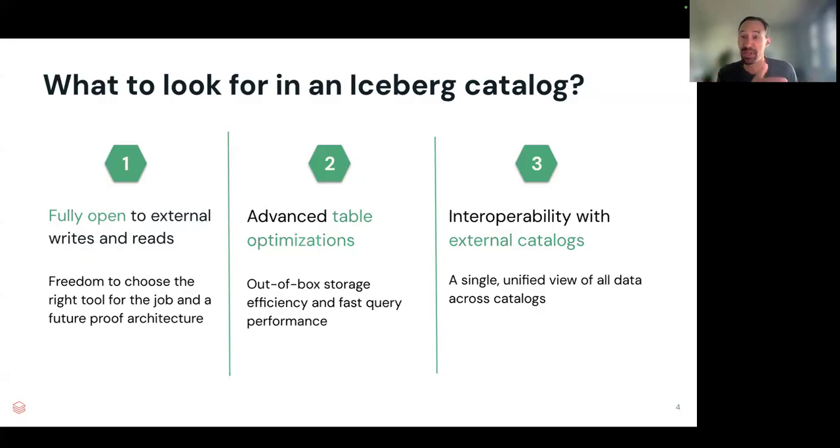So you want to be able to stream into it from platforms like StreamNative, and also then turn around and read that same data from a tool like Trino or Databricks. The second thing is you've got to have not just the basic table maintenance that Iceberg requires, like compacting small files and cleaning up old snapshots that are no longer needed, but more advanced table optimizations. I think we're past the basics, and customers should be expecting more advanced table optimizations from their catalog